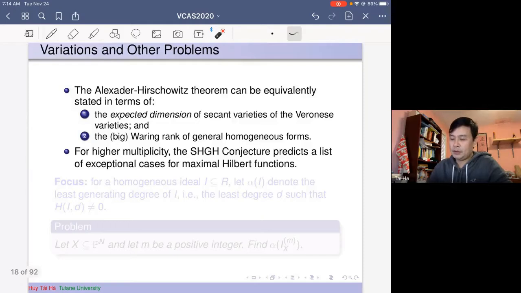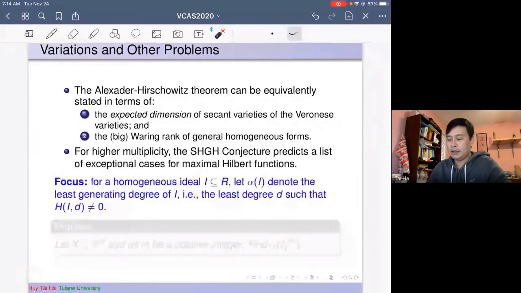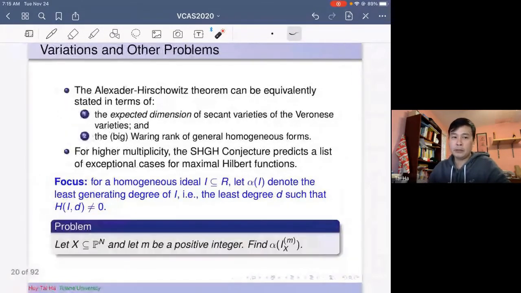And so for that, I'm going to let alpha denote the least generating degree of a homogeneous ideal. That means it's the smallest degree at which the Hilbert function is non-zero. And the problem that we are focused on now is not about computing the Hilbert function, but rather addressing a simple question: when does the Hilbert function start to be non-zero? Okay, so the problem is if we fix